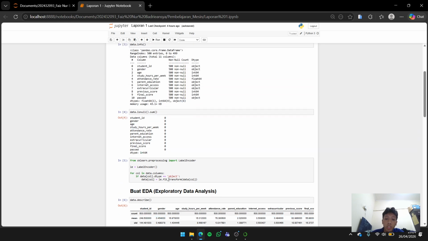I apply encoding using a label encoder. This process converts categorical values into numerical representations, making the dataset suitable for modeling.